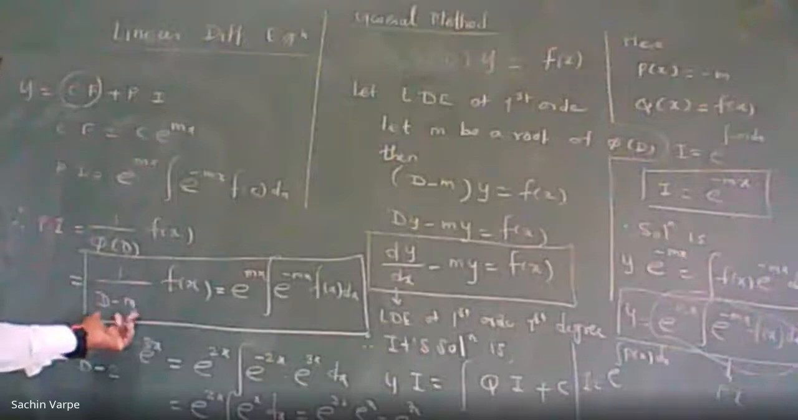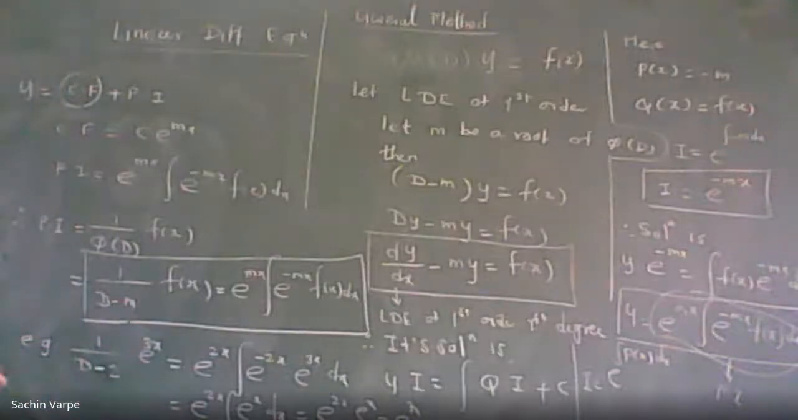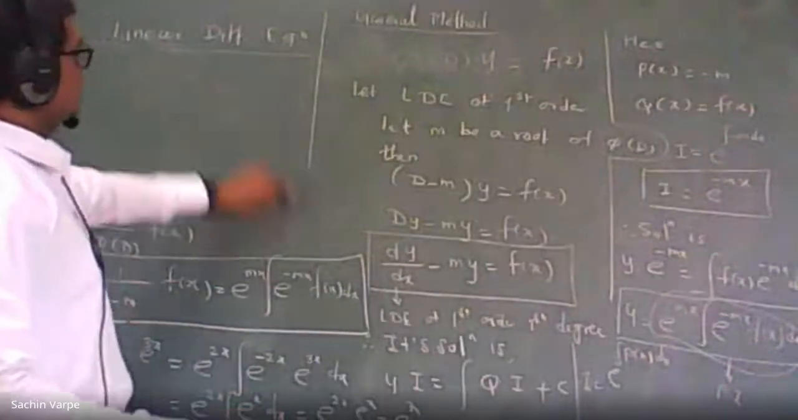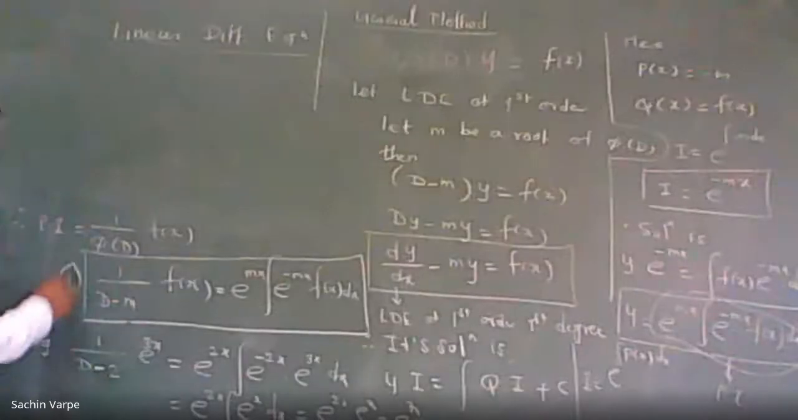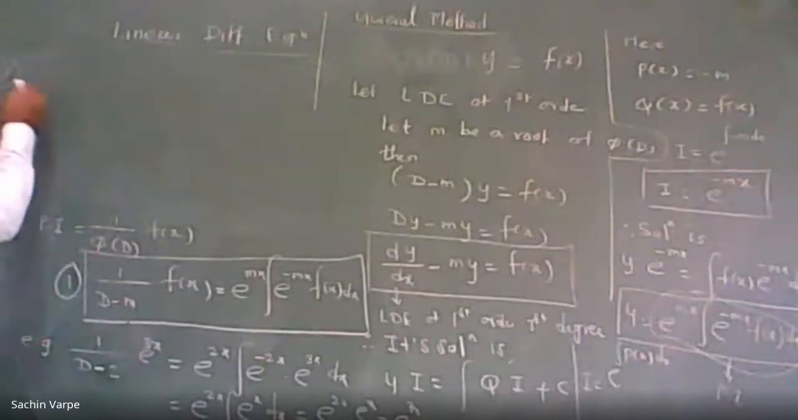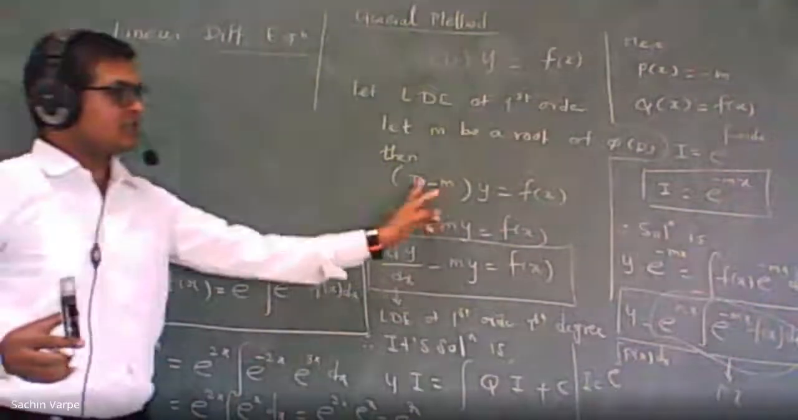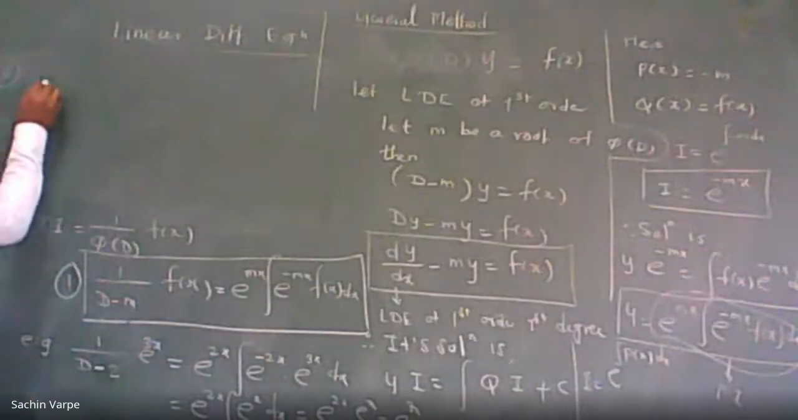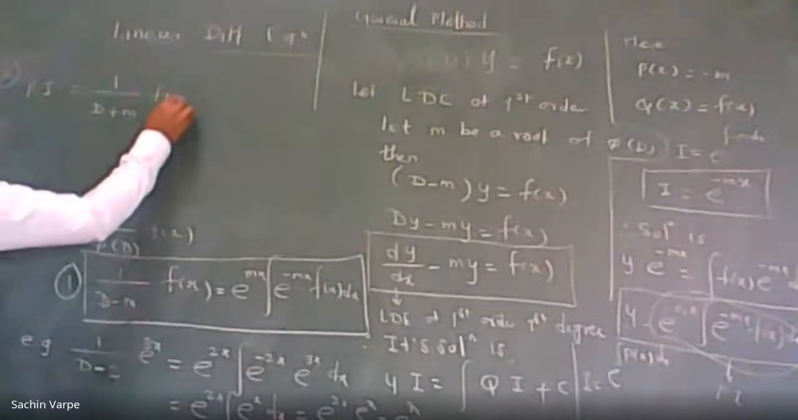If m is a root, then how to get the particular integral by the factor corresponding to m. So let me extend this formula. Now tell me, if minus m is a root, then what will be the factor? D plus m. So this is the first formula. Now the second formula is, if minus m is a root, then the factor will be d plus m. So the particular integral will be 1 upon d plus m into f of x, which is equal to